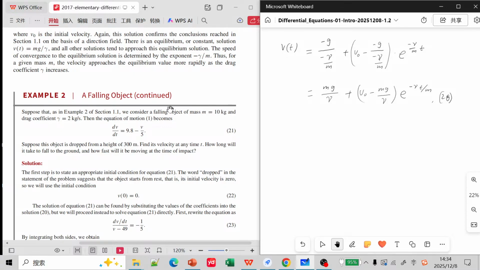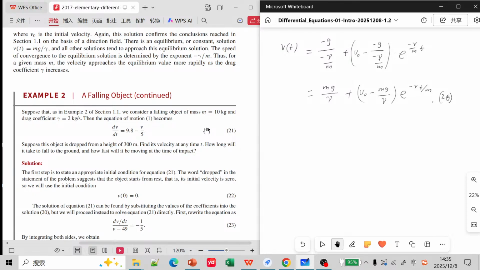Okay, let's continue. Example 2, a falling object continued. Suppose that, as in example 2 of section 1.1, we consider a falling object of mass m equal to 10 kilograms and drag coefficient gamma equal to 2 kilograms per second. Then the equation of motion 1 becomes